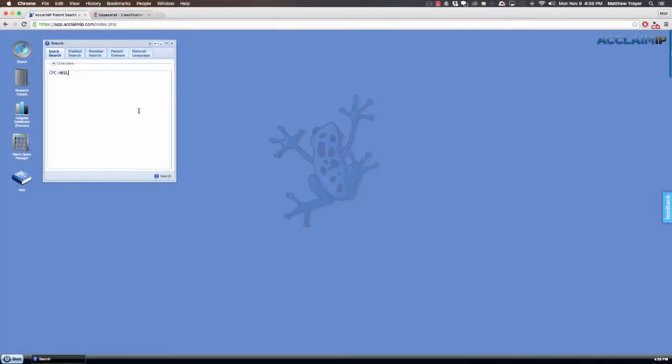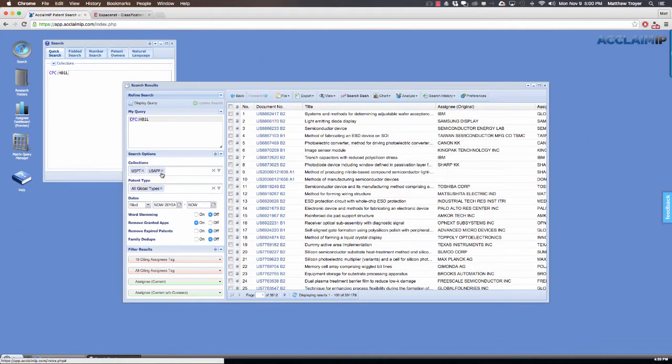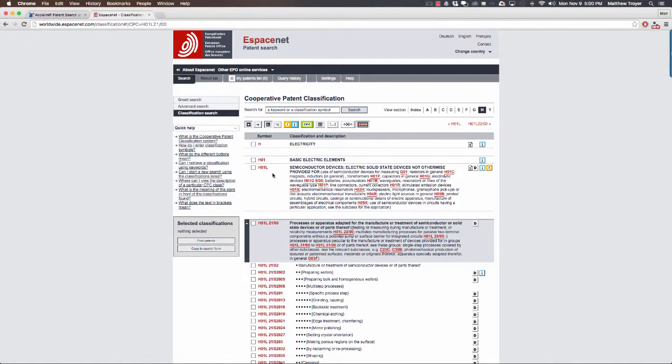Okay, in that last video, we were looking at electronic cigarette, and it wasn't particularly a deep classification. This one, H01L, is semiconductor. So this search just says CPC colon is H01L, and we're going to search. And this is just an insanely deep class. So for example, I'm not just looking at H01L here, I'm looking at